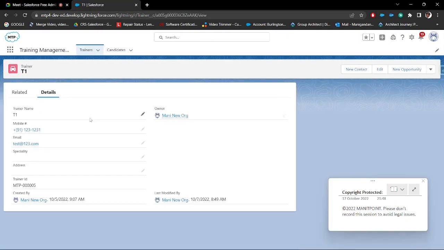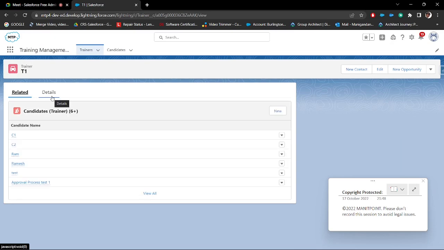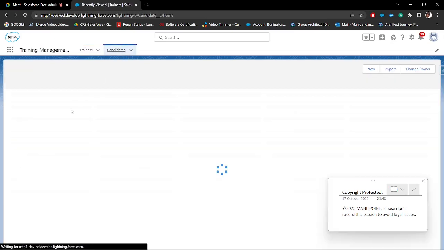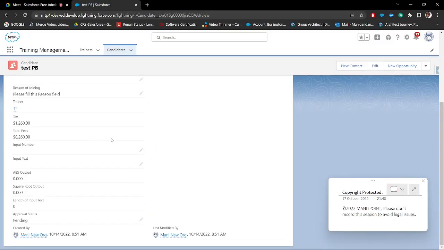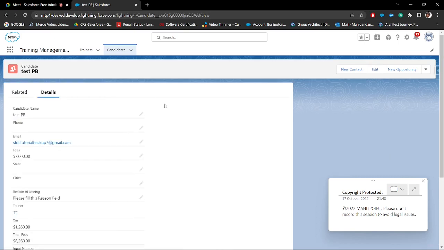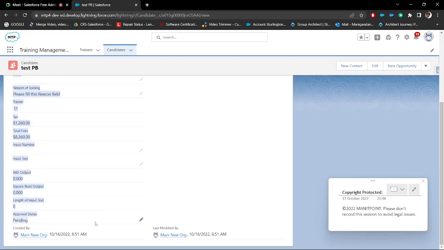by default, we are just having some layouts, right? So suppose if I open any one record, okay. So if I open any one record, it's just coming in one column. So by default, we are getting some layouts, right? So this is a standard layout given by Salesforce. Okay. So whenever you try to create a new object,